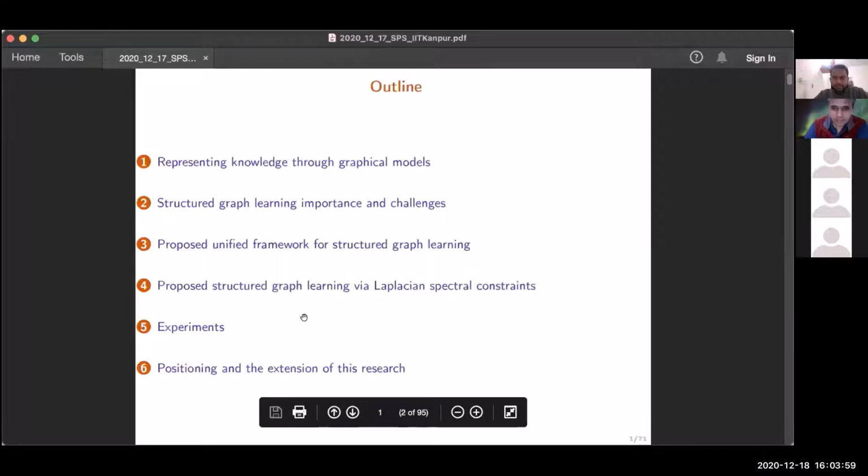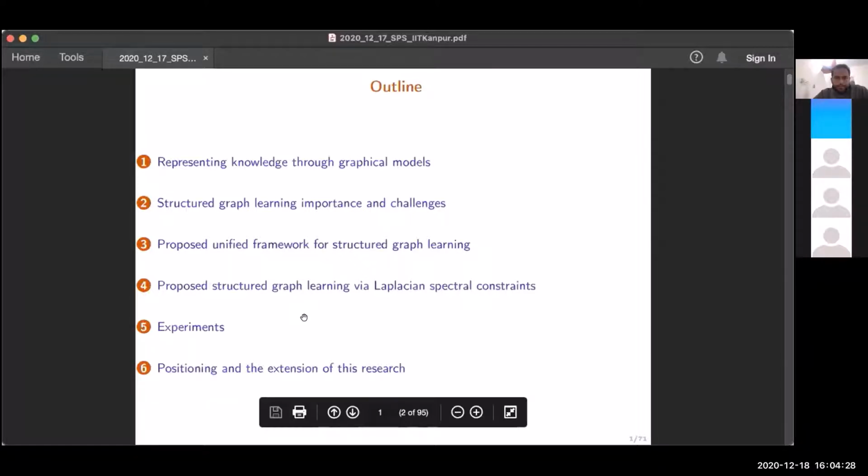So in this talk, I will be talking about graphical models. I prepared the slides in a slightly tutorial way, so that if one is interested, they can have a broader sense of what things are currently being done in this area. And I will also talk about my research in the later part. So let's start.